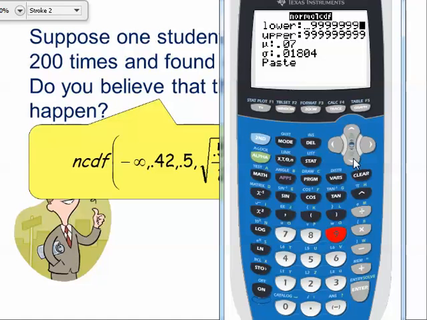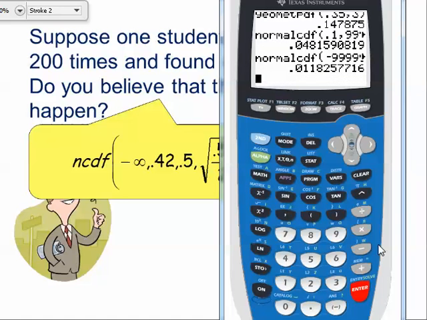We're going to say our upper limit is 0.42, and then our mu is 0.5, and our standard deviation in this situation is the square root of 0.5 times 0.5 divided by 200. And close your parenthesis there and press enter on this, and it comes up at